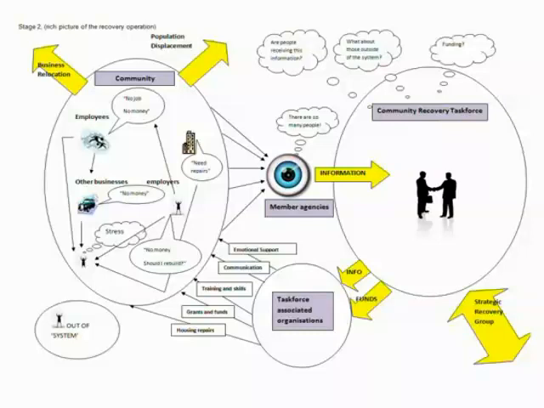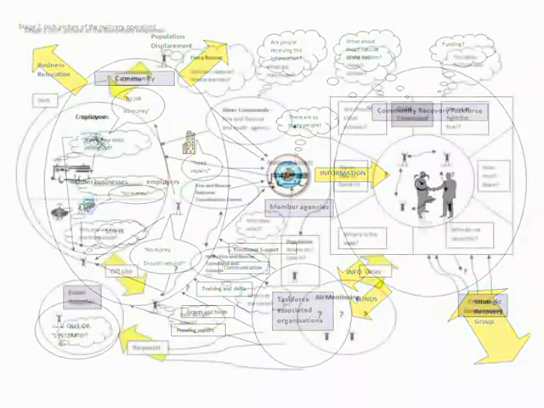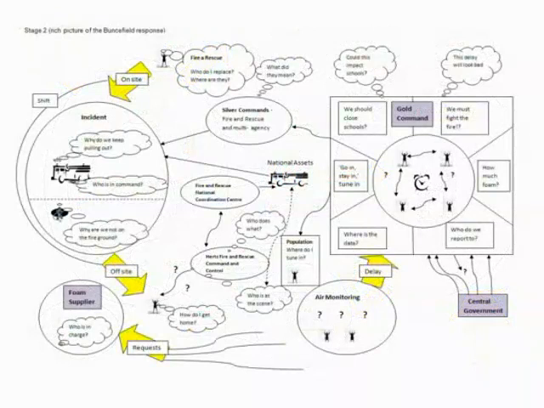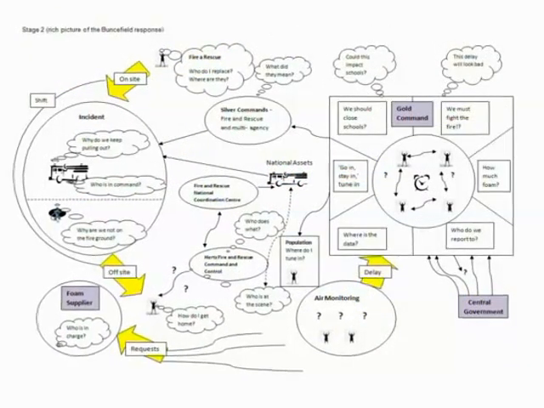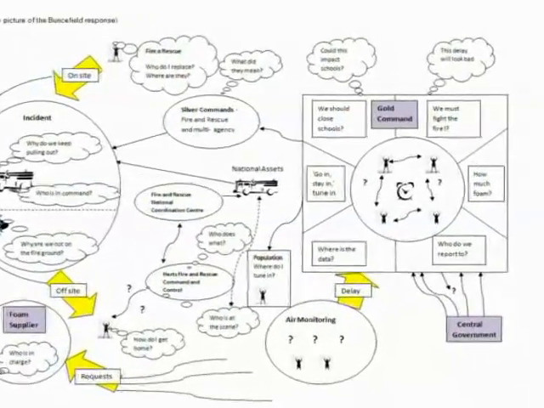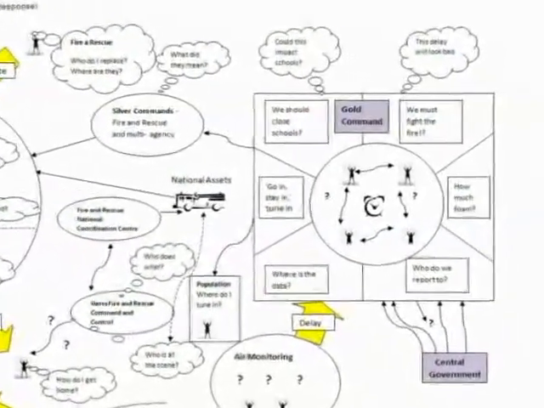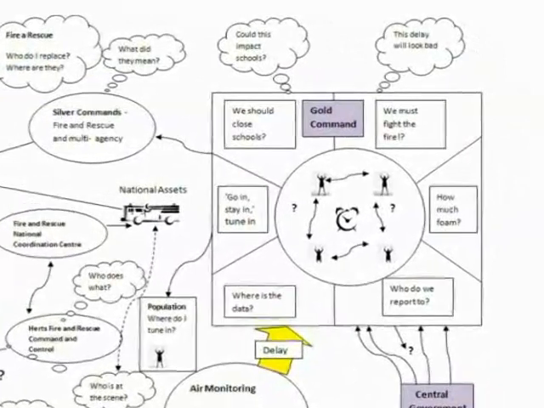Constructing a rich picture is the first stage of Checkland's soft systems methodology. Here the problem situation is expressed pictorially. For this particular case study, two rich pictures have been constructed, one representing the emergency response and another representing the recovery operation. Looking firstly at the rich picture representing the response effort, on the right hand side of the diagram,